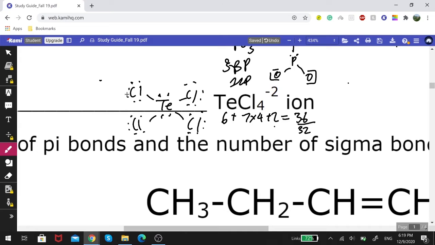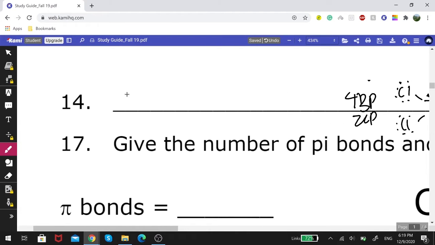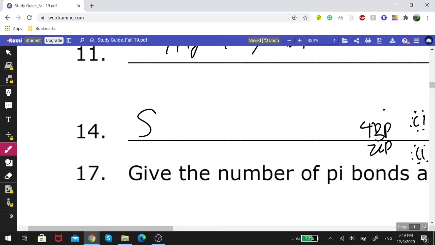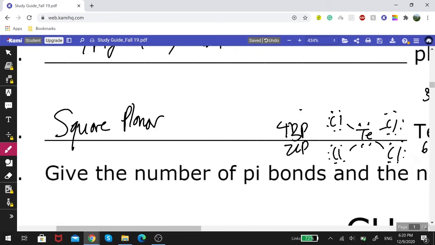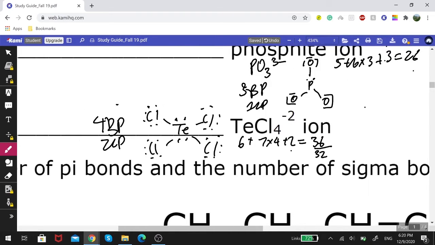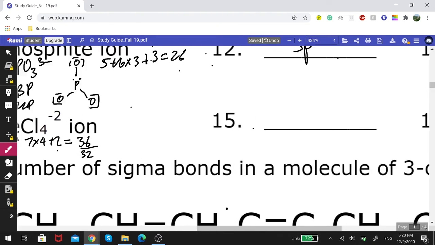Alright, now this one will have 4 bonding pairs and 2 lone pairs. That is 4 bonding pairs and 2 lone pairs. Square planar. And now how many things is around it? We have 4 bonding pairs around the Te and 2 lone pairs. So that is a total of 6 things around the central atom. 6 things is